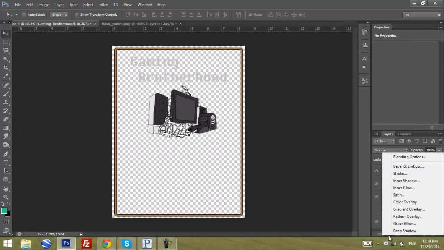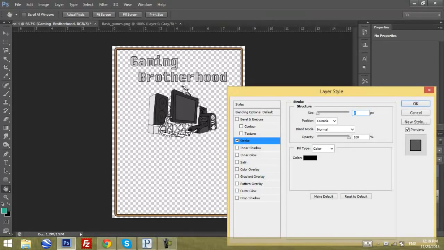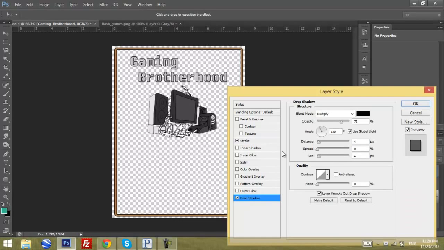So what we're gonna do, we're gonna use blending options again and add some stroke, because stroke is a really good thing to use. And yeah, so how can you see? It looks pretty decent, and 2 is enough already. And maybe you can add some drop shadow. And I recommend to use the bigger size because it just will give you this really good look, and you